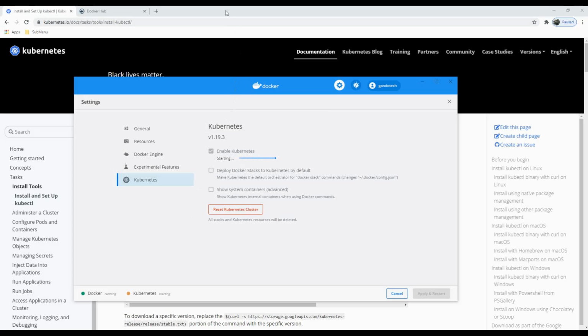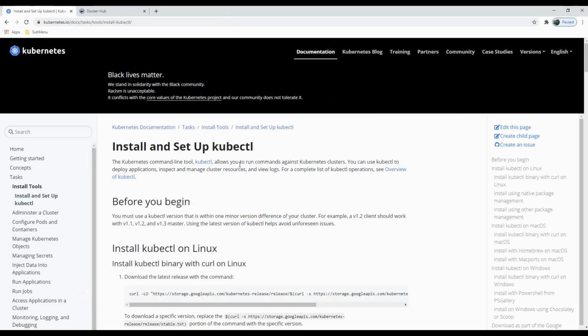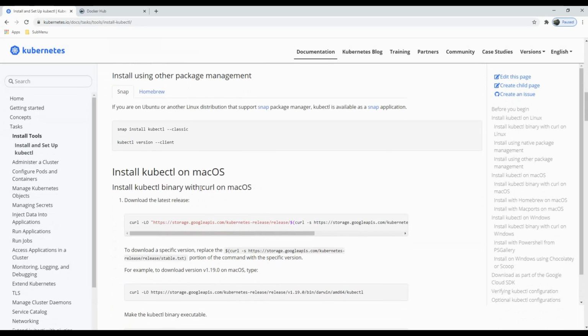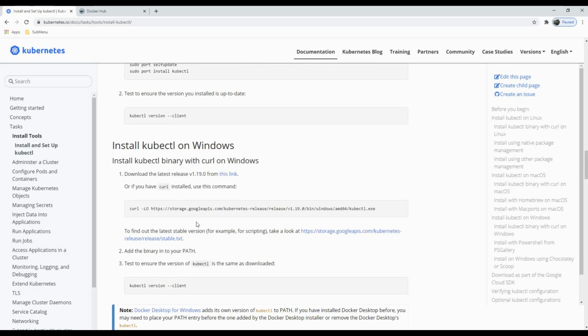While it's happening, I'm going to the next stage, which is installing kubectl, which gives us those command lines to manage our Kubernetes. To achieve that, you just need to search Google for kubectl install or something like this. It will take you to the Kubernetes website, where there are different options, for example installing kubectl on Linux and Mac OS, and we are interested in the Windows one, which is